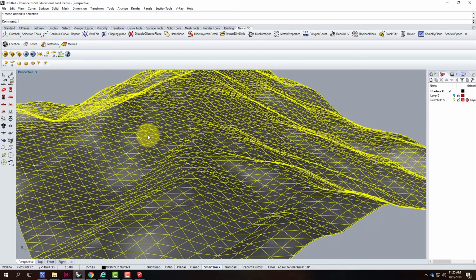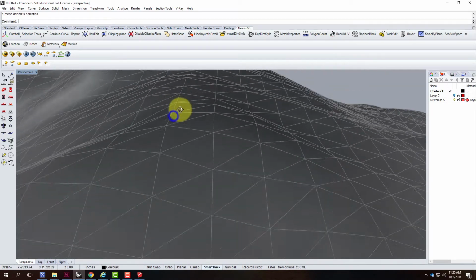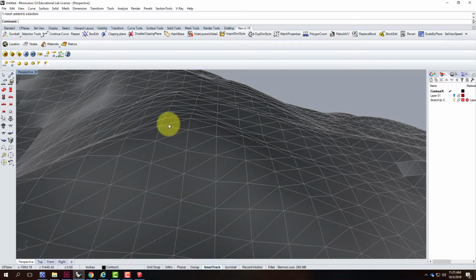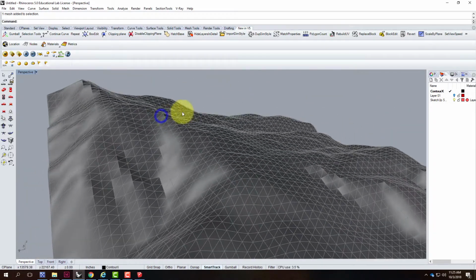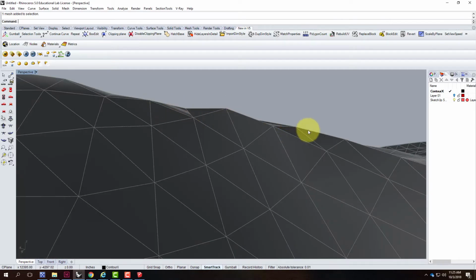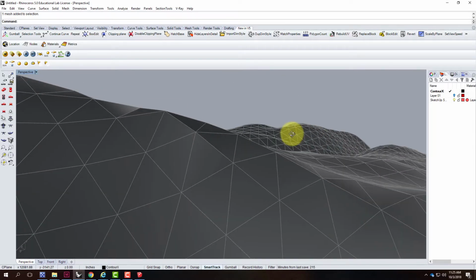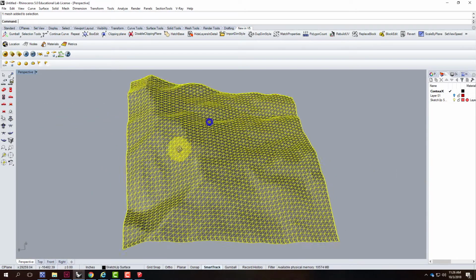OK, so as I look at this surface, and I can zoom in here a little bit, let's look at this ridge. You can see that it's made up of all these triangular facets, which means that along these ridges we get these little depressions where the triangles come together. Do you guys see that? It's not a smooth surface,